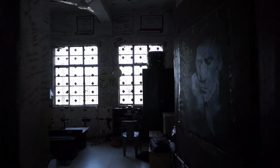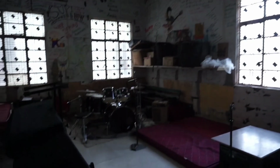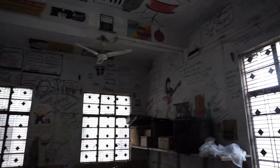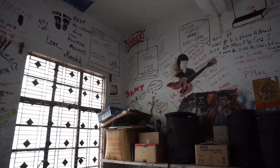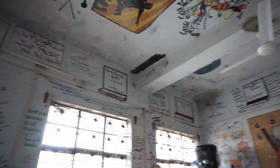Well, being a member of the music club, it's pretty convenient for me to show you how the music club looks like. Pay attention to the walls. These are known as graves, which basically are the customized symbols of the students who have been a member of the club. Music club has very high quality, expensive equipment funded by the student union and the alumni to produce